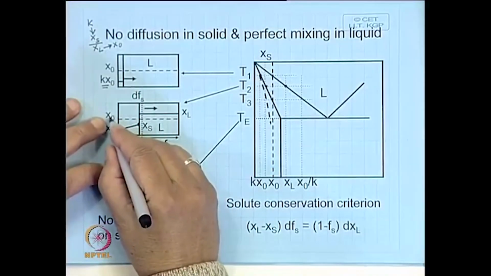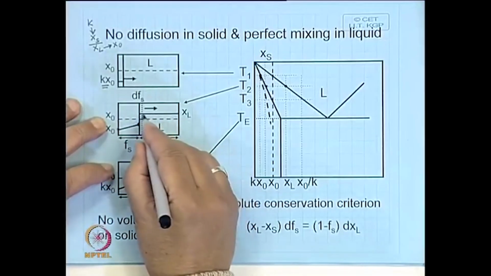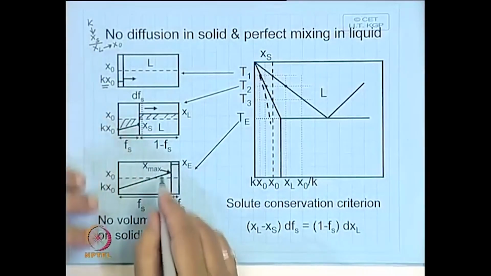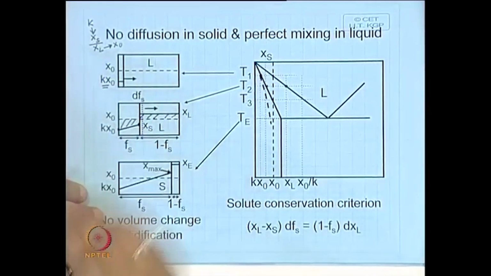That means, its concentration will be higher than x naught, it comes here, and this area will be equal to this. So, this is a principle of conservation of the solute element,